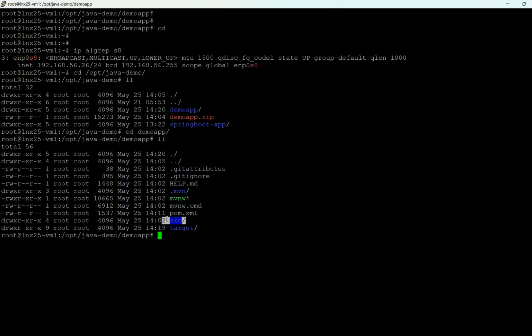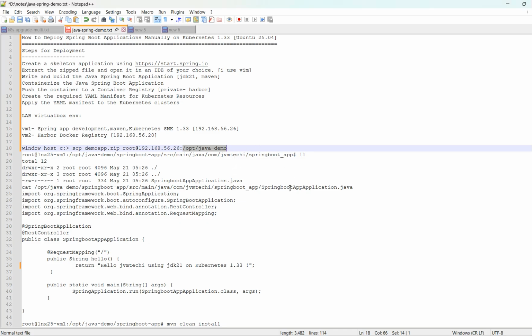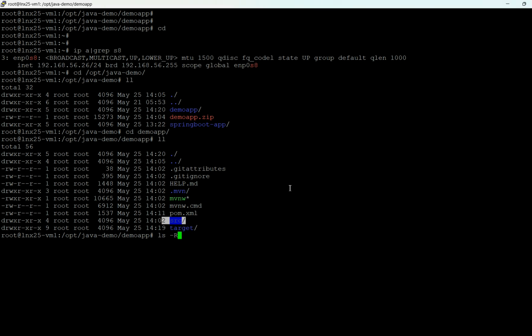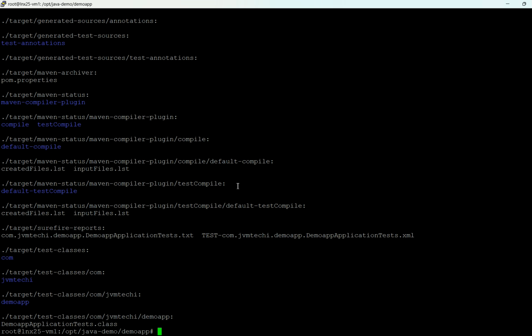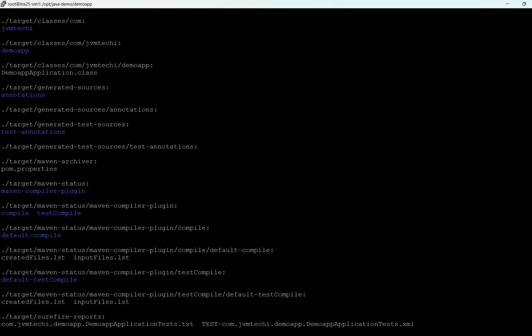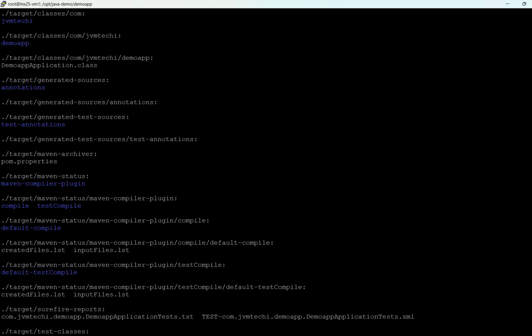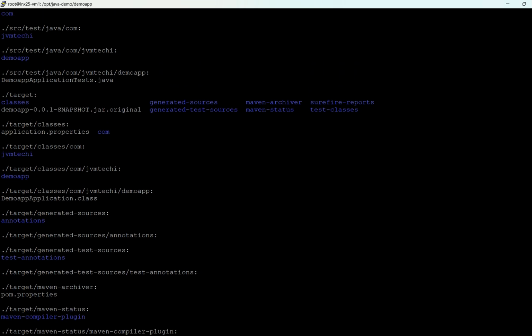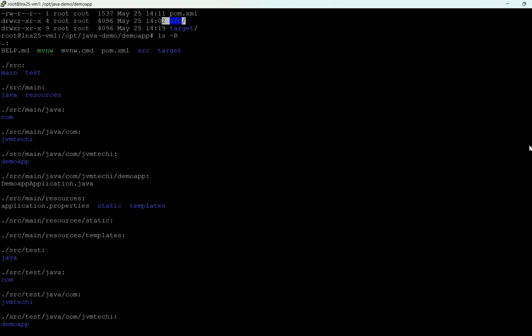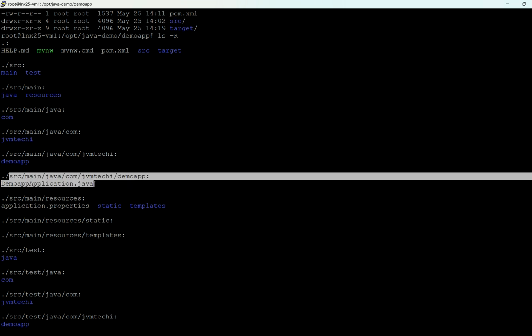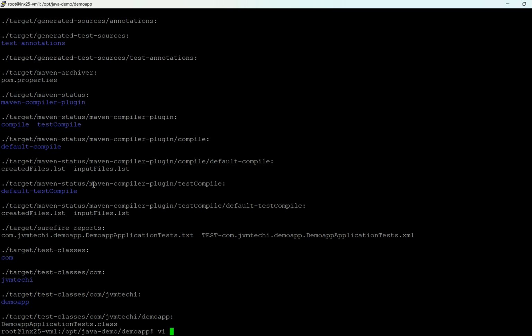Let me build this Java application. Before that you can edit your application. This is the application path. How to check? ls -R. You can see your source code application file. Basically it is stored in the src directory. Yeah, this is your source. So you can edit this file. Since I already edited this one,